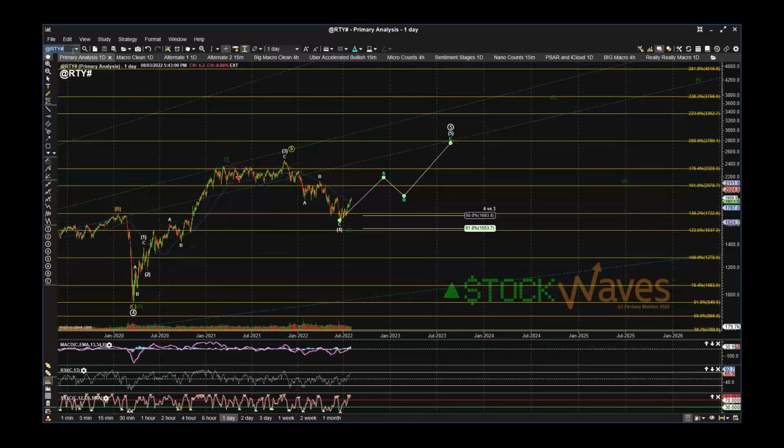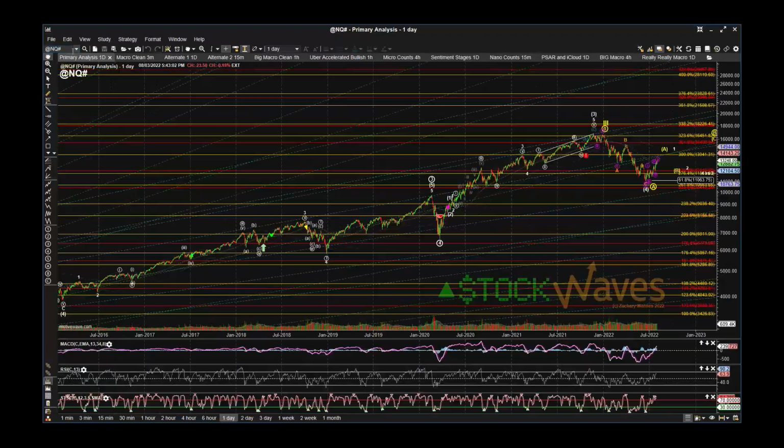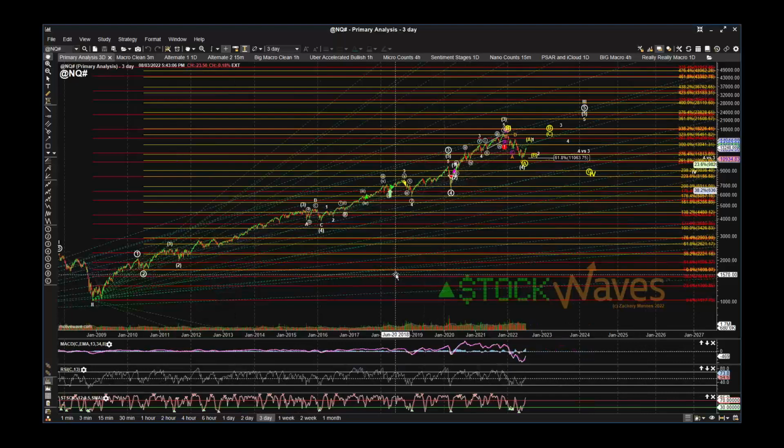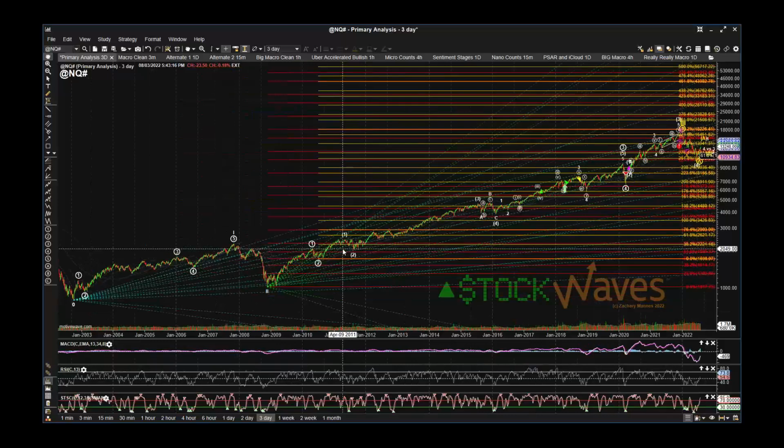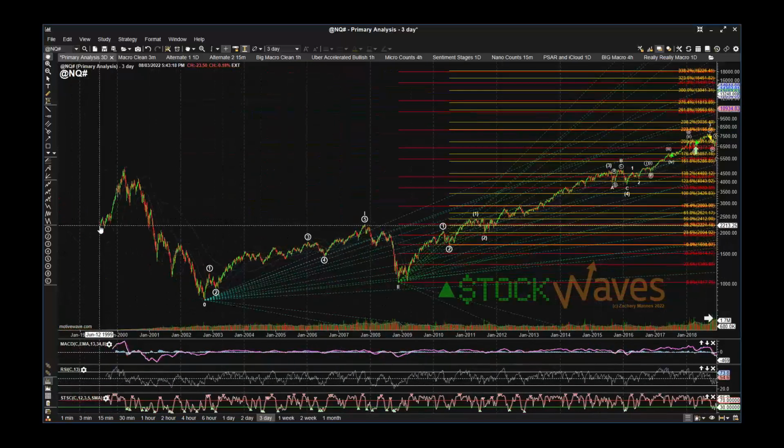Yeah, Callie asked if I have a long-term chart on the Nasdaq, similar to what we were looking at on the S&P. I do. I have that alt where this might have already been the top of a cycle degree wave 3. The main difference, so I don't have all of the data on the Nasdaq that the S&P has, but the Nasdaq